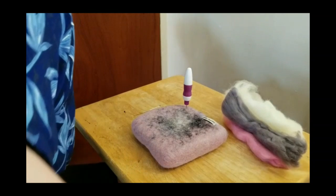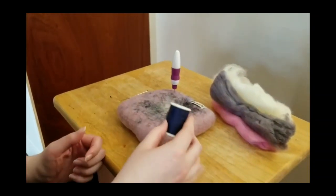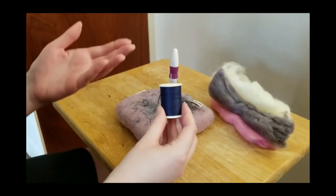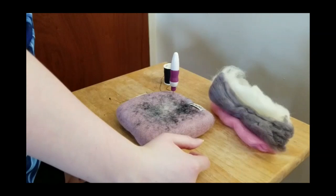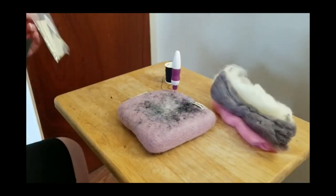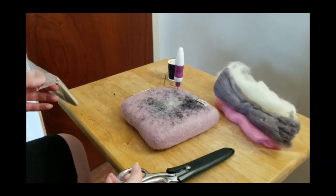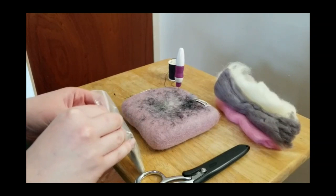And we have our needle and thread to add some facial details later on. Just completely average this stuff. Beyond that, we just have a pair of scissors to help keep things moving, and a set of finger guards, which are actually